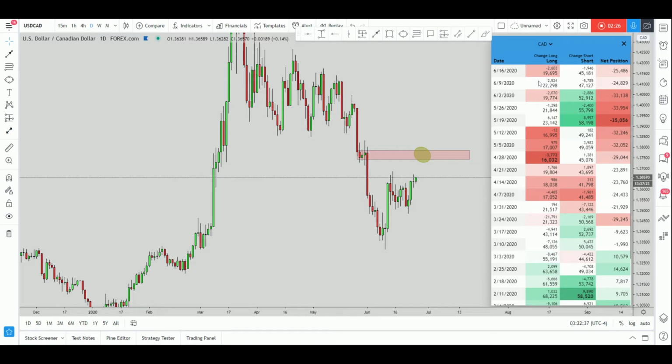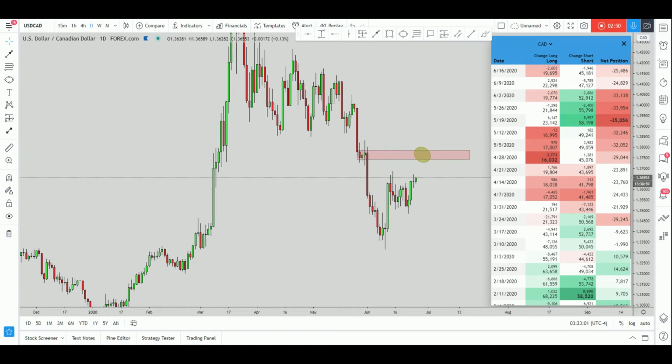Commitment of traders: what big banks and institutions are currently doing on the CAD. Specifically CAD USD, because as you know, all currencies on the spot are traded against the USD. So if you check the CAD, you're actually checking CAD USD. And what can we see? We can see that with the last reports, we went from minus 35K net positions